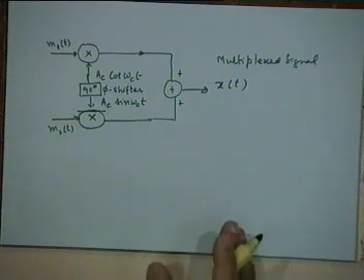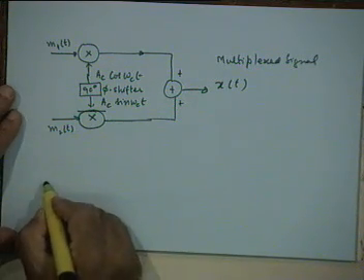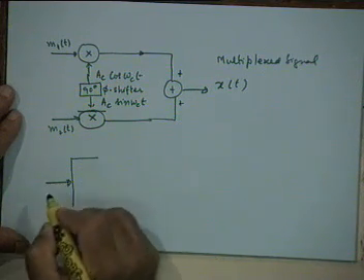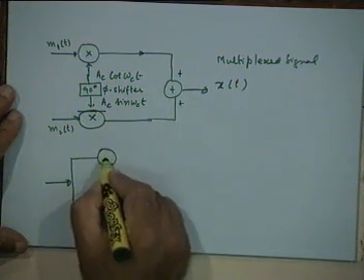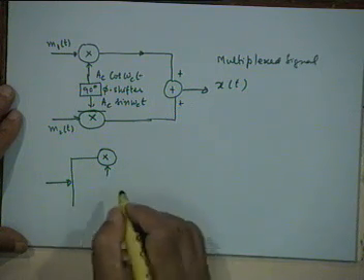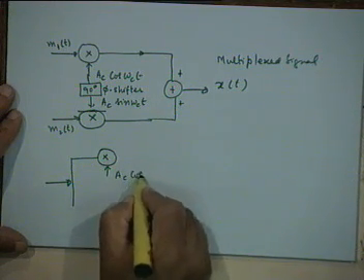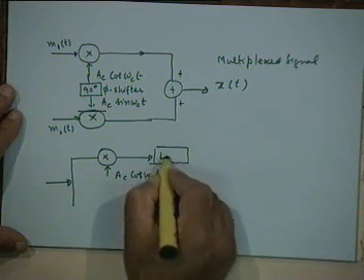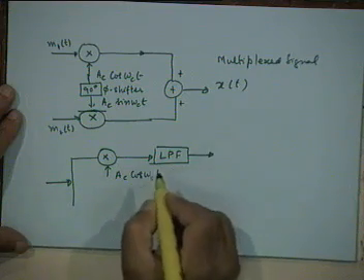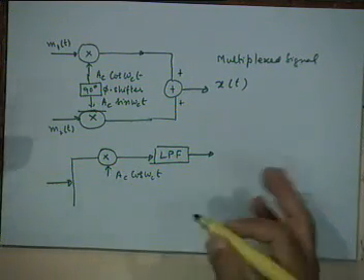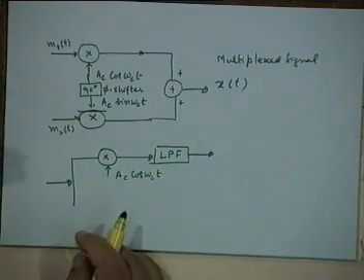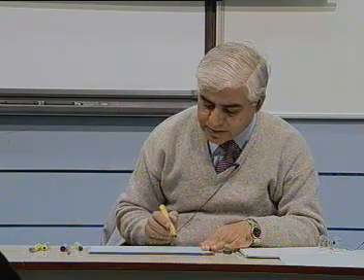And how will you demultiplex them? How will you separate them out at the receiver? Your multiplexed signal is coming in. Just like your synchronous demodulation, you will have two synchronous demodulators. One in which the local carrier is A_c cos(omega_c t), followed by a low pass filter. Remember that? That is a synchronous demodulator, also called a coherent detector, unlike the envelope detector, which is not coherent, which does not require phase coherence between the carrier and the incoming signal.